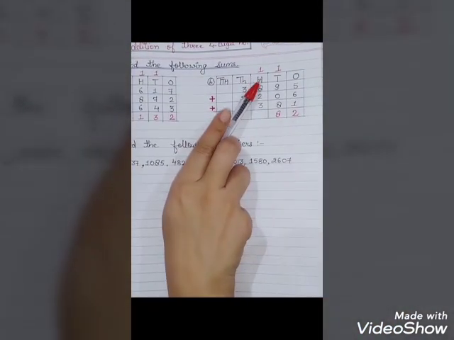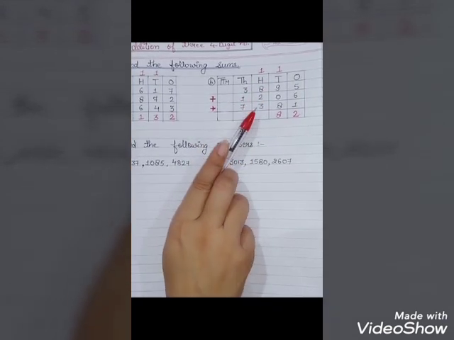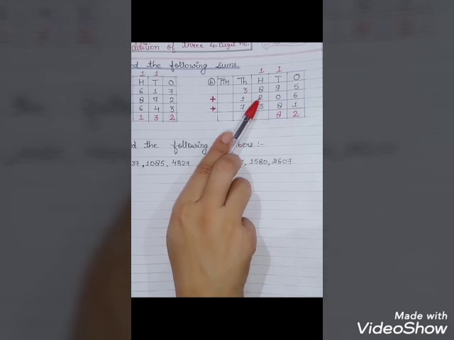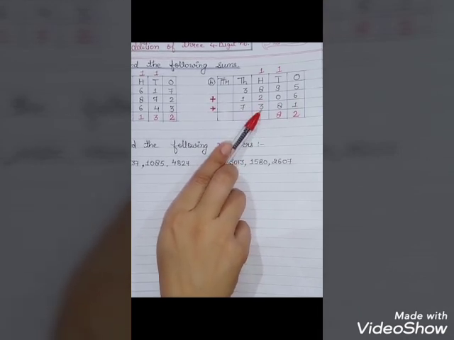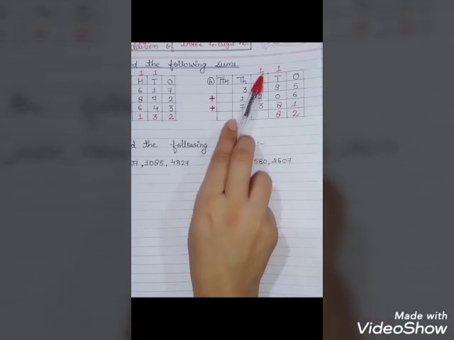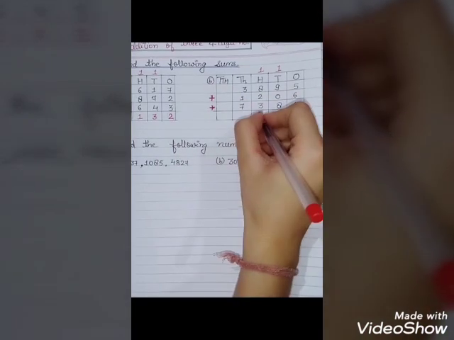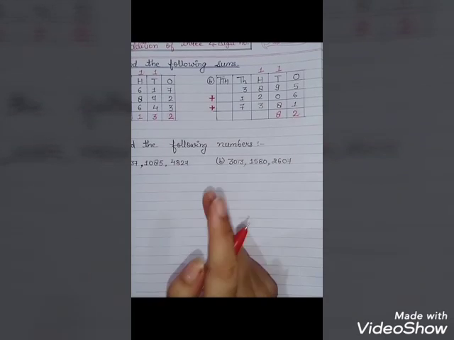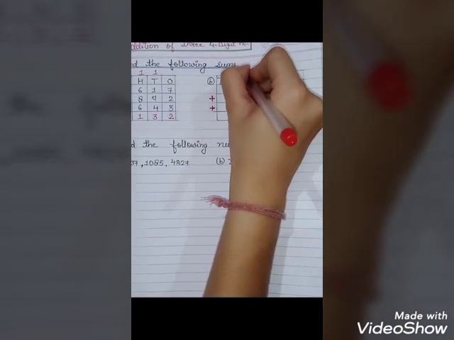Now again we have to add the hundreds place digits, that are 8, 2 and 3. If we add 8 plus 2, we get 10. Now we have to add 10 plus 3. The answer is 13. Now 1 carry again here. So we have to add 13 plus 1, that is 14. So 14 is a 2-digit number once again, so we write only 4 over here and 1 as carry.